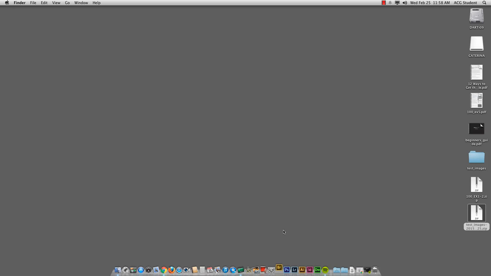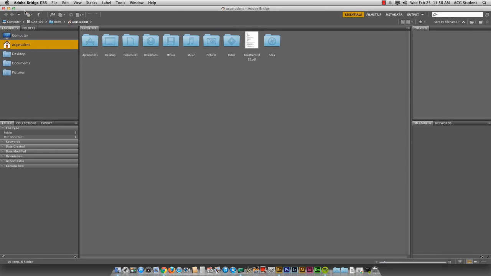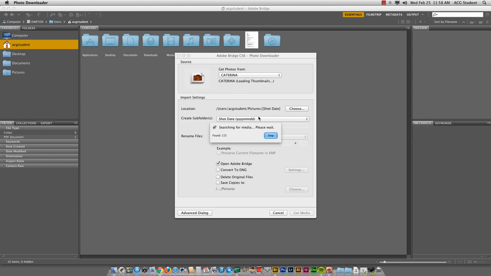How many of you guys have used Bridge before? Oh, good. Okay, then let me give you a quickie tour. Bridge is pretty great for almost everything. I use it to import my photographs by hitting Get Photos from Camera, which is how you can use this also. This is better than iPhoto in so much that when you use this photo downloader, you are able to